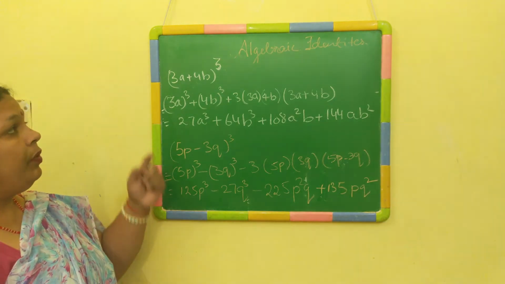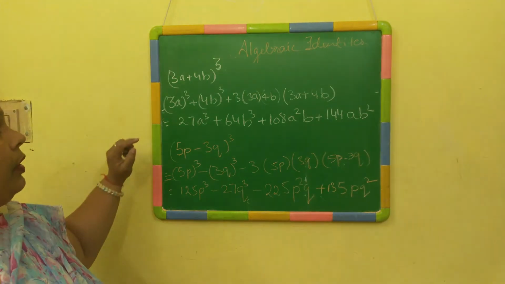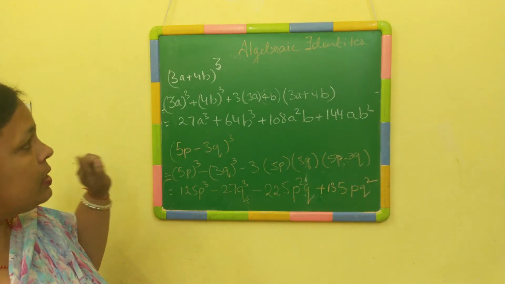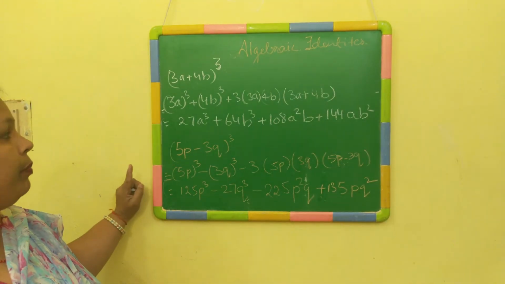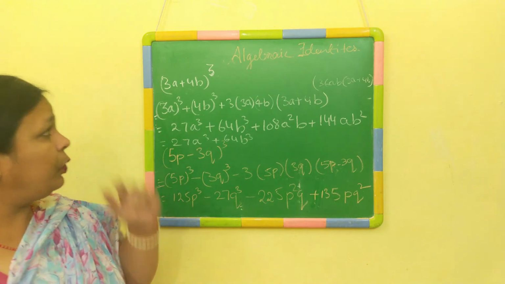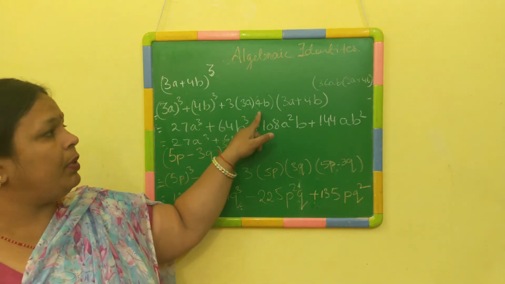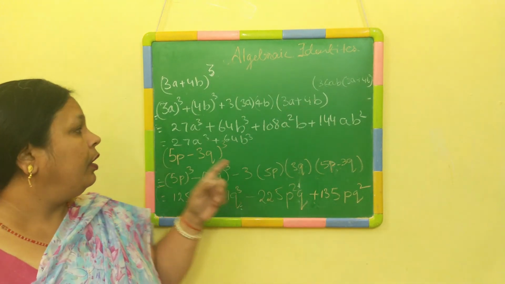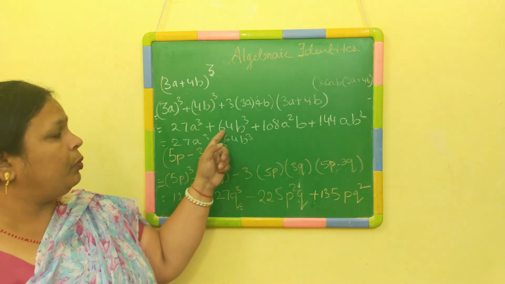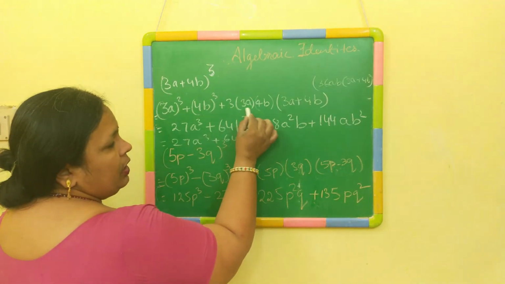Now, we can see the practical application of cubic identities. (3a + 4b) whole cube, where a is 3a and b is 4b. So now (3a + 4b) whole cube is a cube plus b cube plus 3ab into (a + b). Now (3a) cube is 27a cube, (4b) whole cube is 64b cube, plus 3 3s are 9, 9 4s are